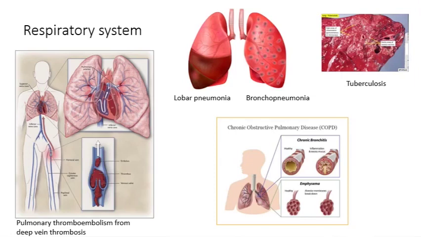Another respiratory condition that can cause sudden death is chronic obstructive pulmonary disease, which essentially is in two spectra: chronic bronchitis at one end of the spectrum, and emphysema, where there is an enlargement of the airways, or more likely the distal airways such as the alveoli, and then the lung is just seen as multiple balloon-like structures.